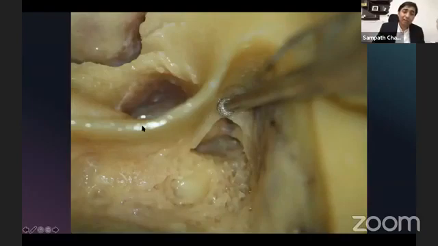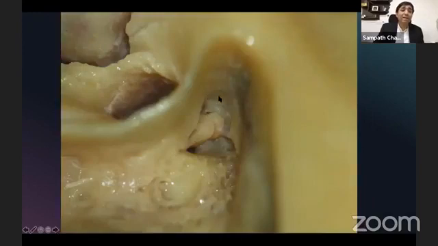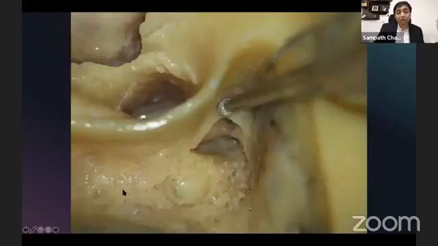Now the TM is intact, yes, but we have a Eustachian tube, so the CSF can go from the CP angle here through the aditus into the Eustachian tube. So don't be too aggressive in these areas, okay? Because this has to be later on plugged with periosteum. Now this is not really necessary, okay? This is not really necessary. I'm showing this to say that you do not need to expose the incudomallear joint. This much of exposure is enough for a translabyrinthine approach when you're doing an epitympanotomy, okay?